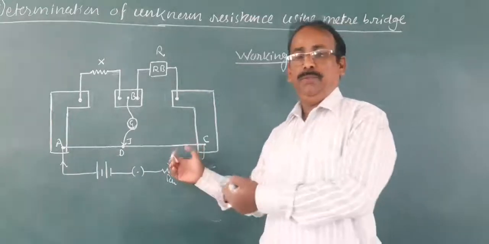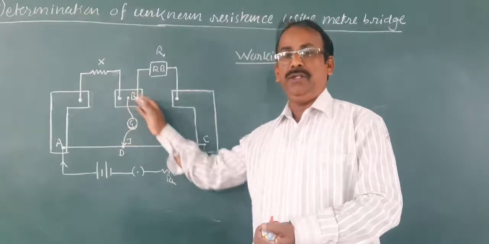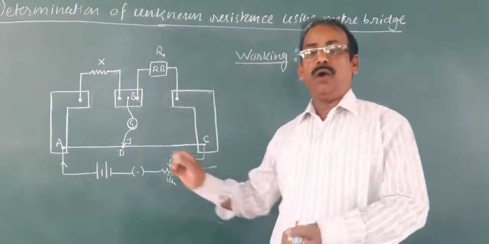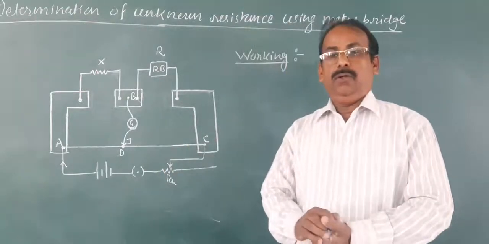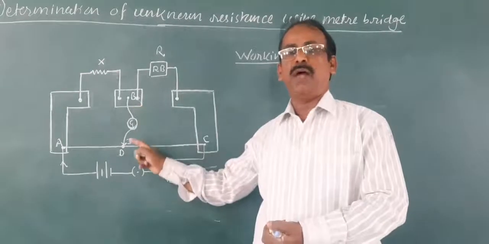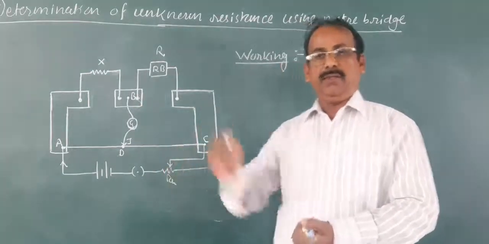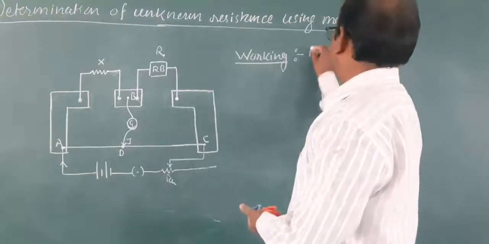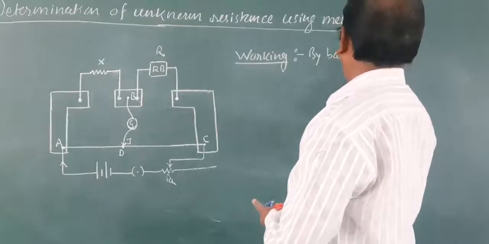This bridge is balanced because no current is passing through this branch BD. Represent that point by D. D is called the balancing point or null point. No current is passing through this branch BD means this meter bridge is balanced. By balancing condition for Wheatstone network,